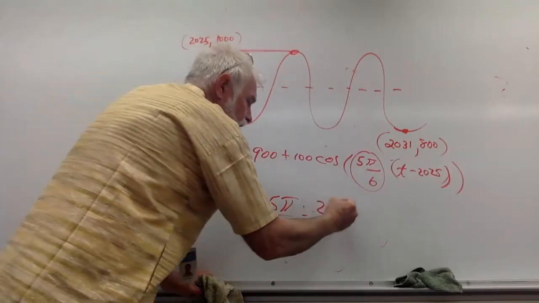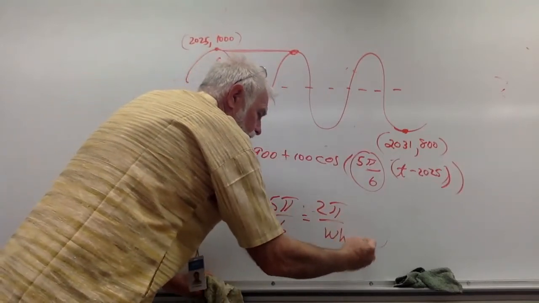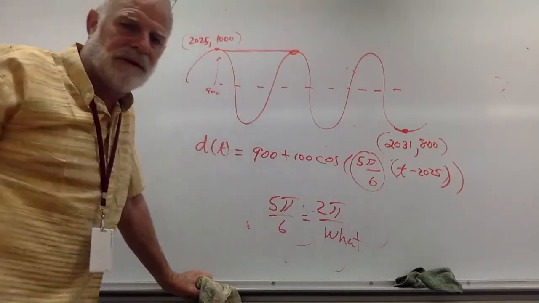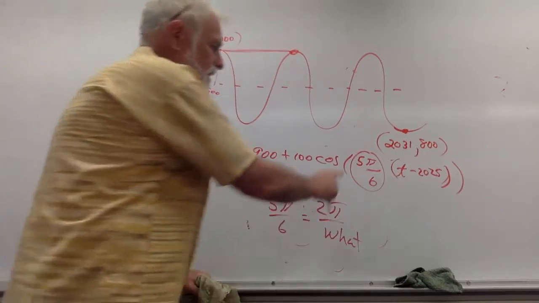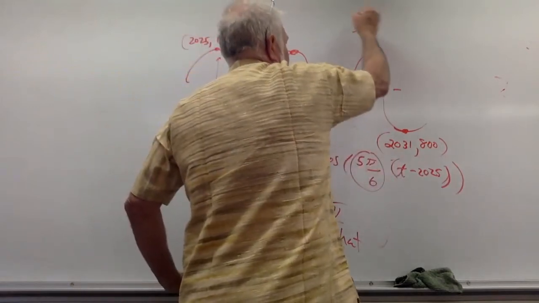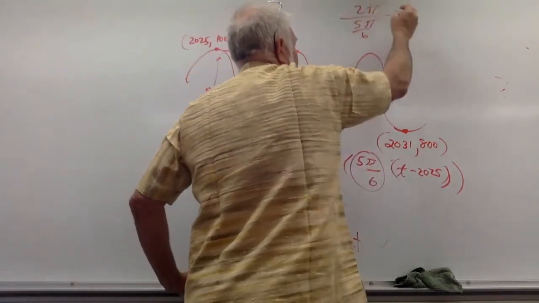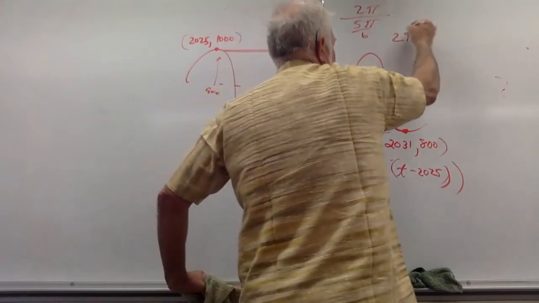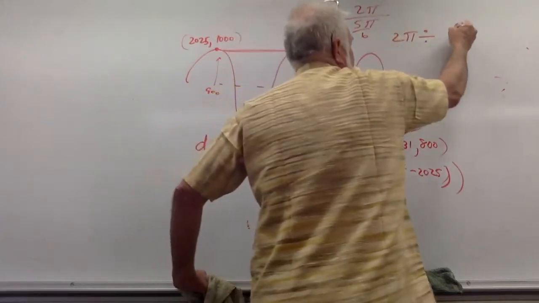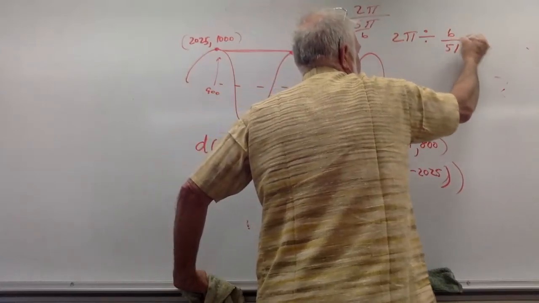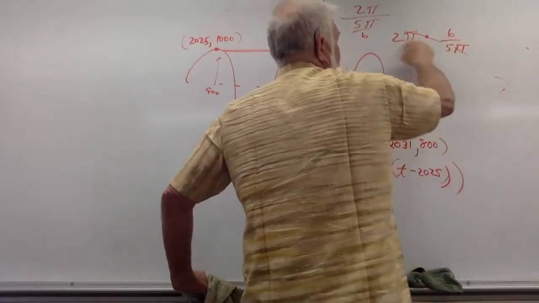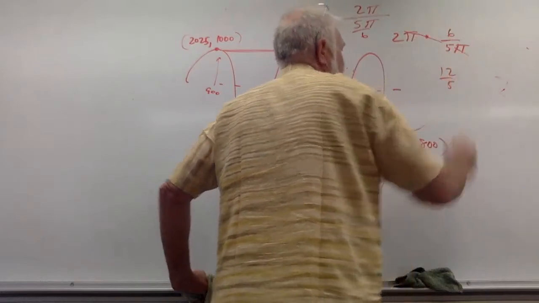It's a proportion. 2 pi over what? And there's going to be shortcuts to how we do this, and I'll explain those later. The shortcut is to take the multiplier times the variable. The multiplier times the variable is divided into 2 pi. So this is the same thing as 2 pi divided by 5 pi over 6, which is 6 over 5 pi as a multiplication, right? The pi's cancel. I get 12 over 5. So every 5 years,